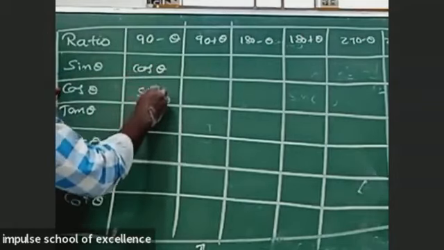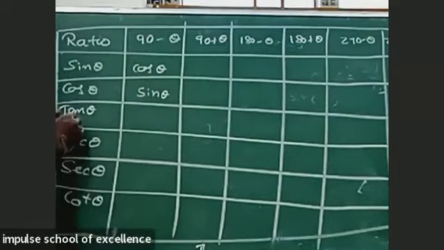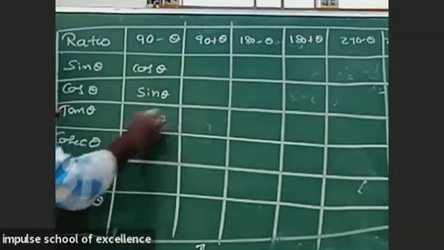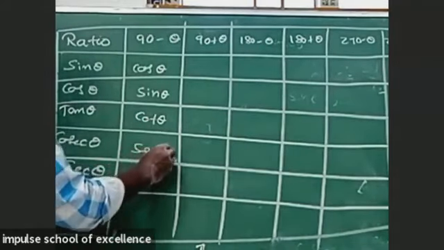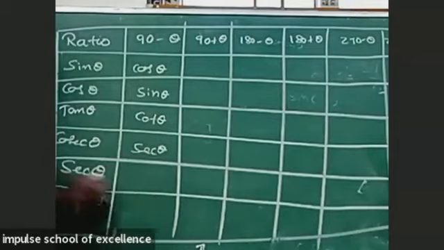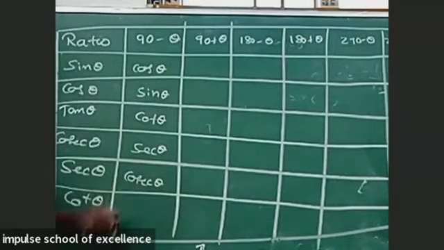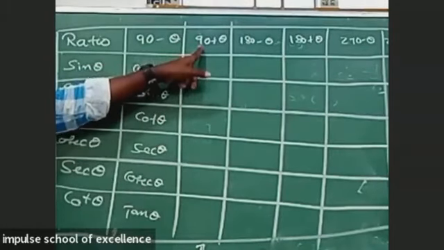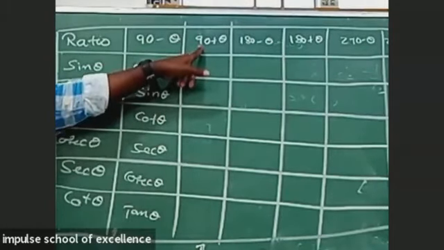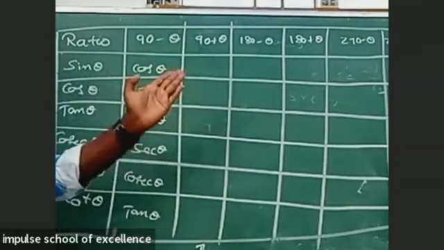All these are first coordinates. And tan theta is going to convert into cot theta. And cosecant theta is going to convert into secant theta. And secant theta is going to convert into cosecant. And cot theta is going to convert into tan theta. Very good. In the same way, here we have 90 plus theta. Here we have 90 plus theta means it is in second coordinates. So if it is 95 degrees, up to first coordinate up to 90, the 5 degrees will be in second coordinate.